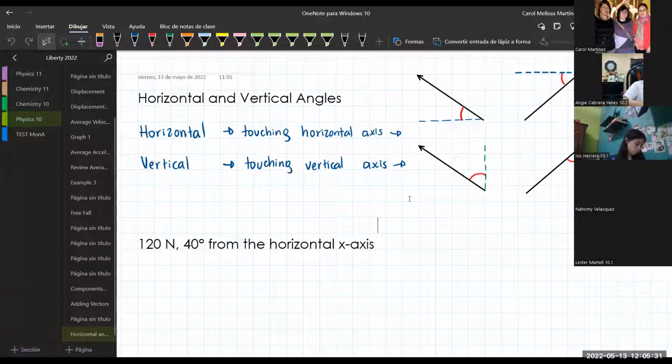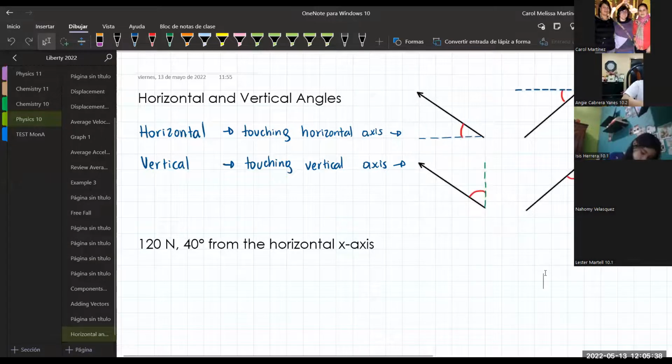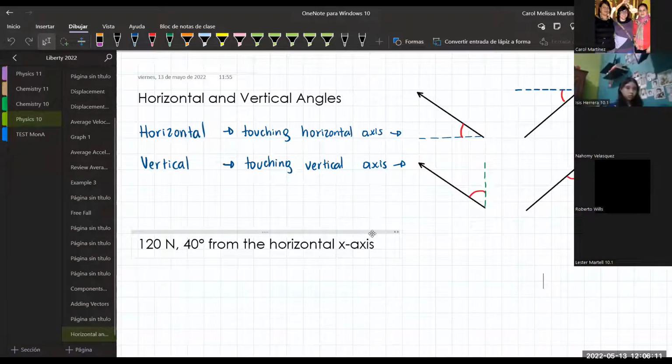So anytime I give you a vector, try to analyze what type of angle that is. Now, we're going to be working with some practice exercises. And the first exercise says: a vector that is 120 Newton, that is 40 degrees from the horizontal